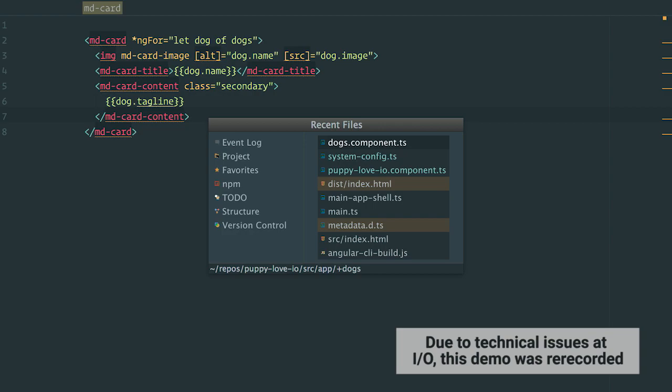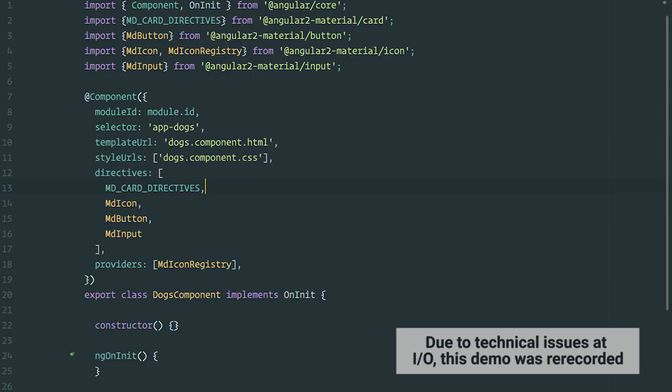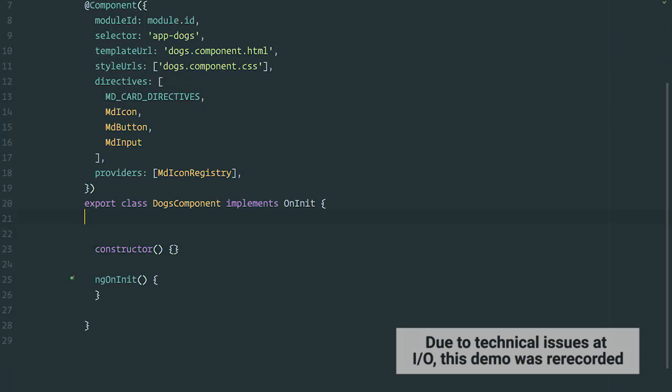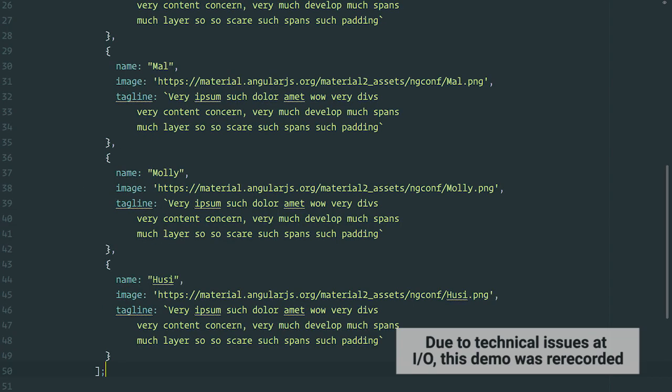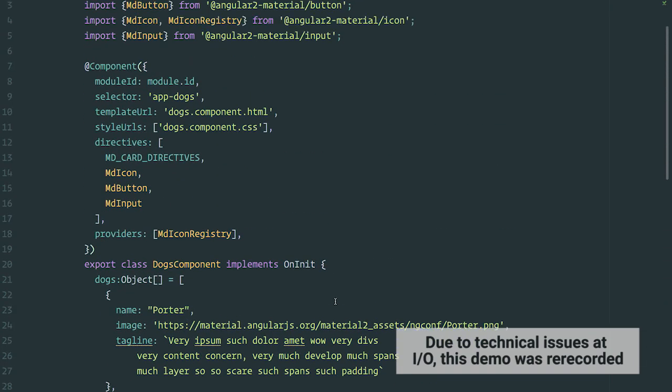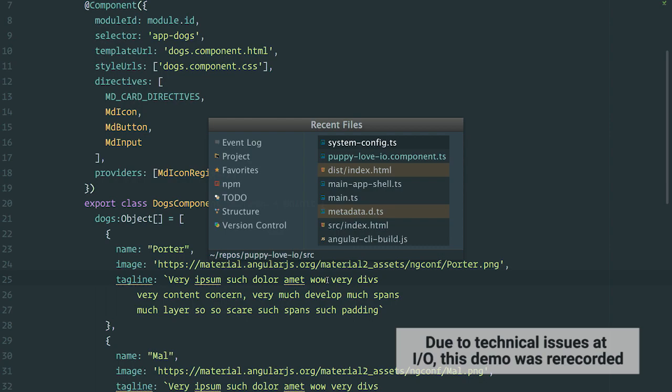Okay, so let's add this dogs array. So eventually we're going to load this from the database, but for this first iteration, we're just going to have this array that we're just going to paste in here. And then in our CSS,